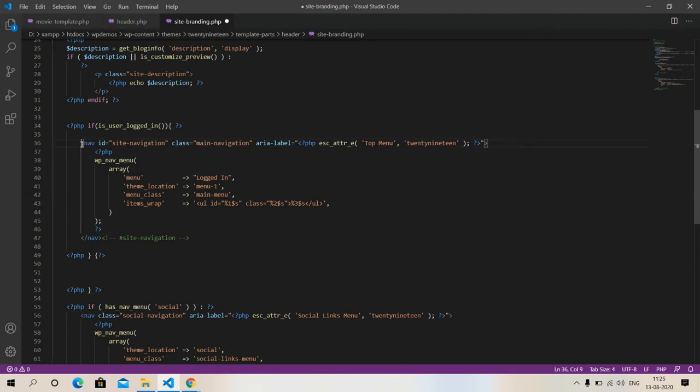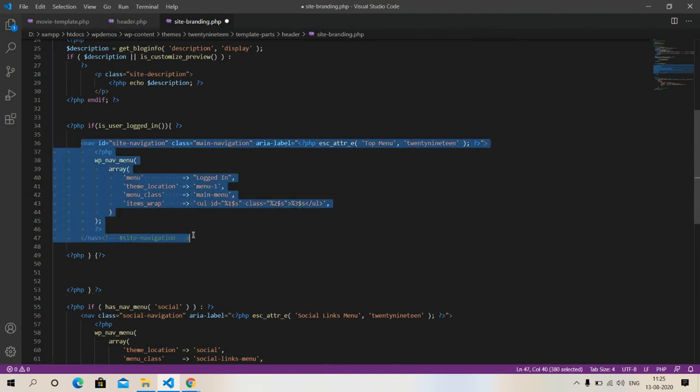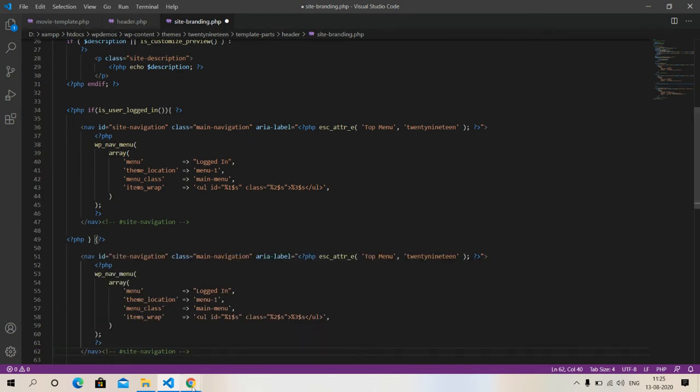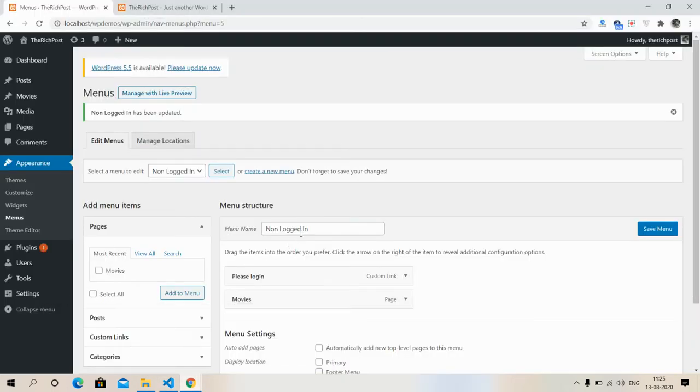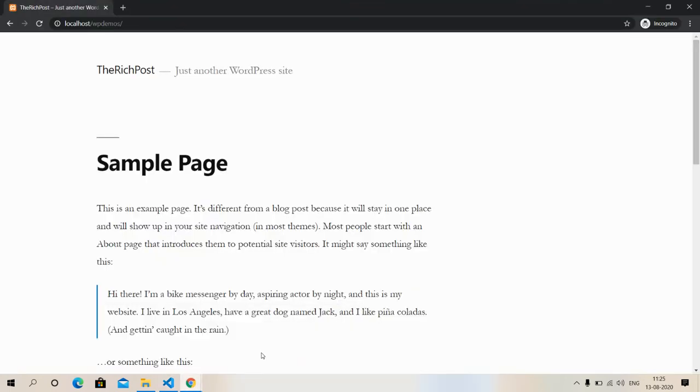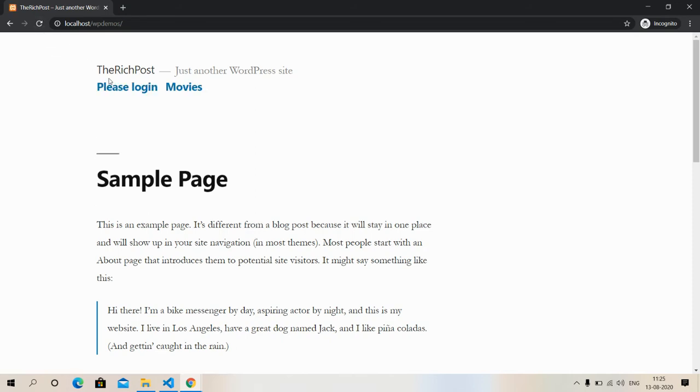Here I will copy this code and paste here, and my non-logged in menu name will be here, and save it. Now I'm going to refresh the page. So see friends, please log in and movies.